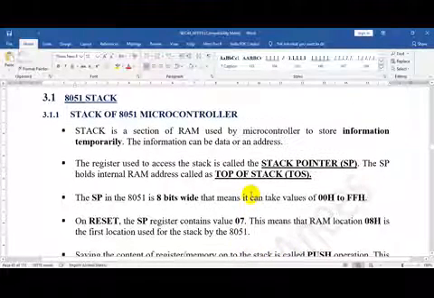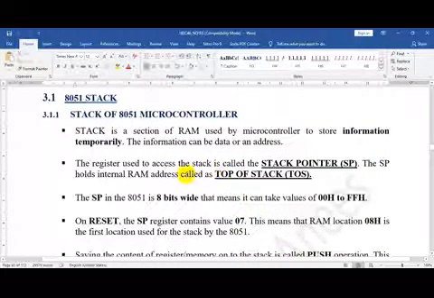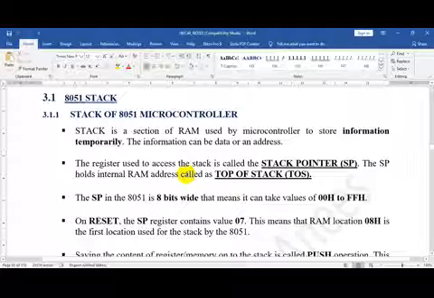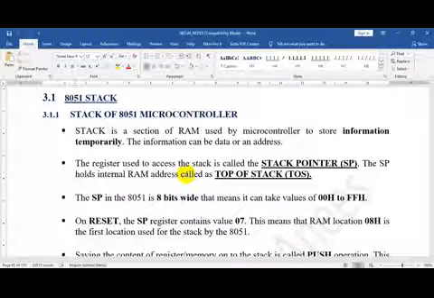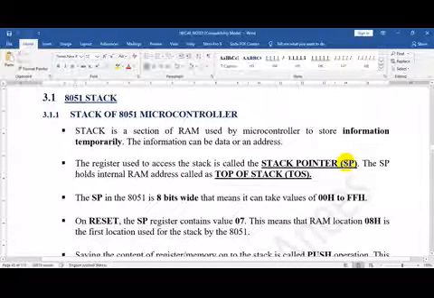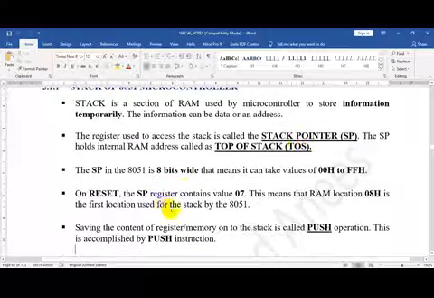So to summarize, point number 1, stack is temporary memory and it is part of your internal RAM. Second, to access the stack, you have a register called stack pointer, which is addressed by the name SP, and it is 8 bits wide.